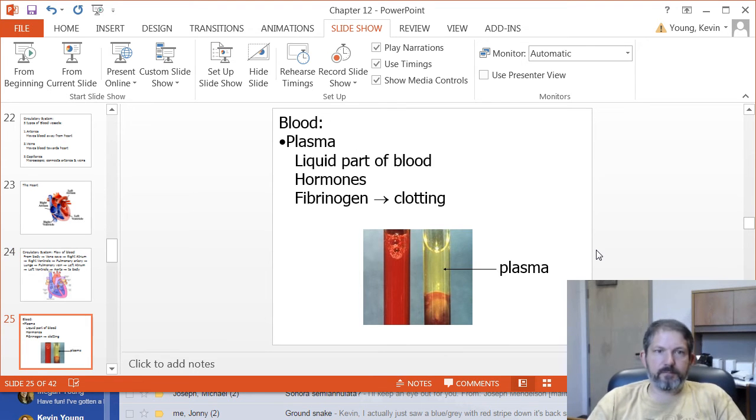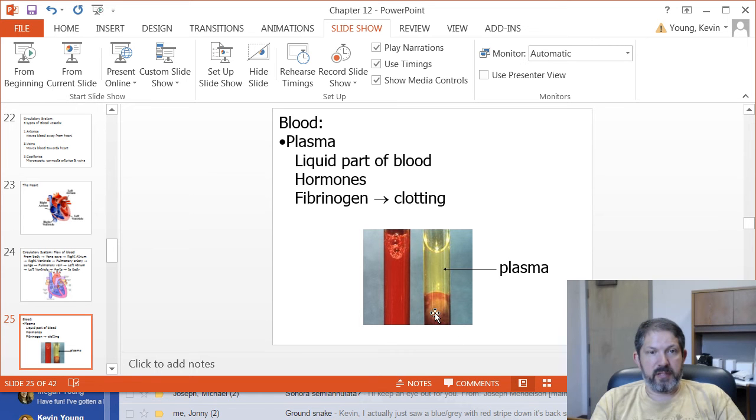Okay, blood. You take blood and you spin it in a centrifuge, and you'll separate the red blood cells from the plasma. The plasma has mostly water, but it has various hormones and different proteins dissolved in it, like your antibodies and your fibrinogen that's going to be involved in blood clotting, your albumin, which is the same protein that you find in egg white, which is why plasma looks a little bit like egg white. Anyway,